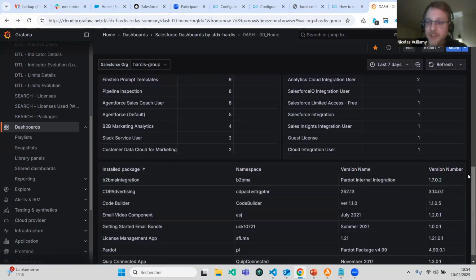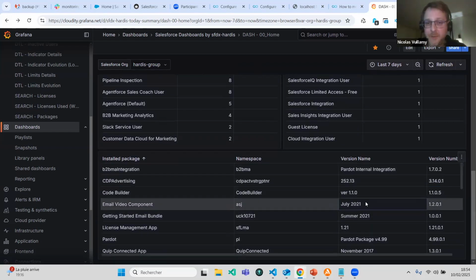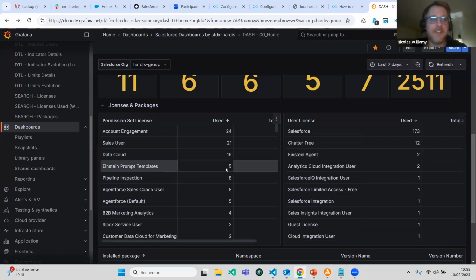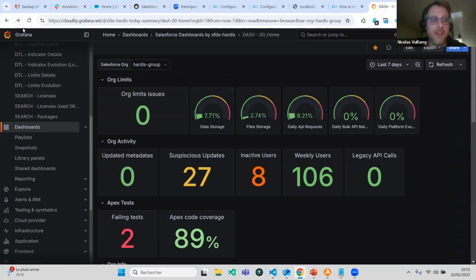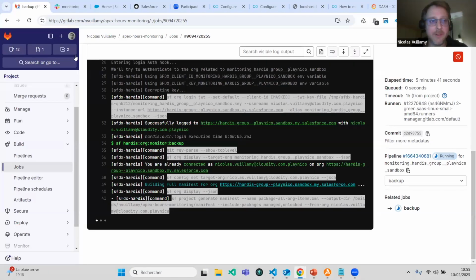And you can also see the list of installed packages with their versions and licenses, etc. And meanwhile, where is our backup job? So it is running. So the technical explanations for the backup job. So you know that